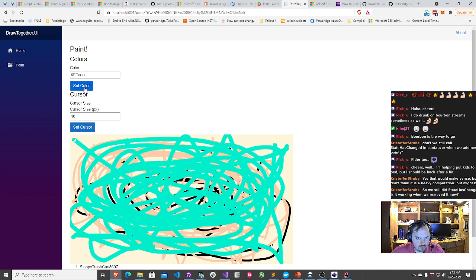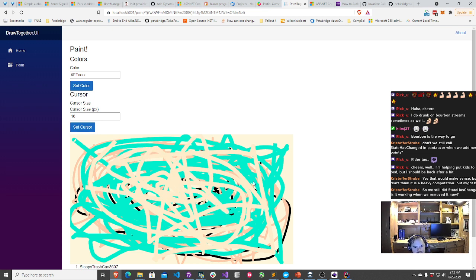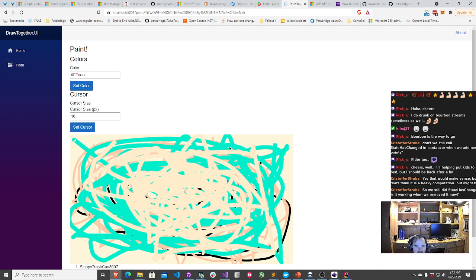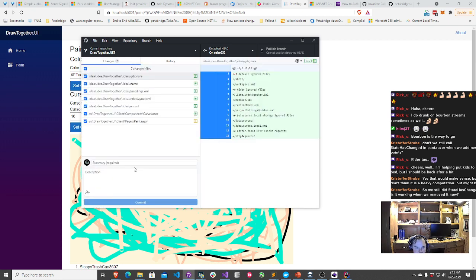Let's go ahead and do FF. More tan colors. So this definitely feels, although here's the thing, when I start drawing in circles like this it actually seems okay. But I'm definitely noticing a bit of a slowdown once we get beyond a certain number of shapes. So we've removed all the status change stuff, but we definitely have some latency when we're doing our rendering performance here. That being said, I think this is a pretty nice set of improvements.